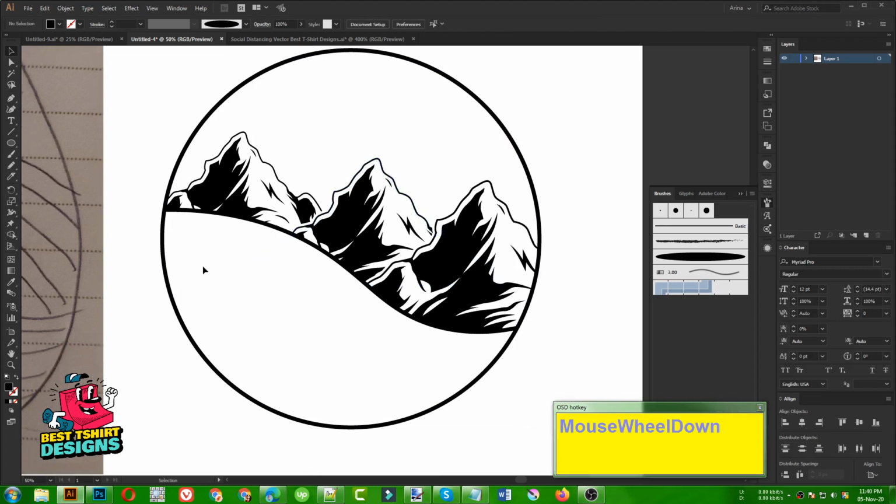So let's now add some water flow effect here. I'm going to select my brush here. When this brush is selected, I need to make sure that there is no fill, only a black stroke. That is good. Now I am going to draw some lines like this, just some random lines to represent that